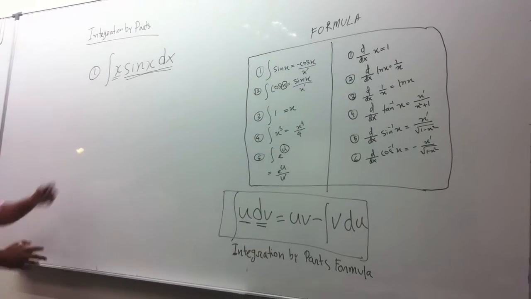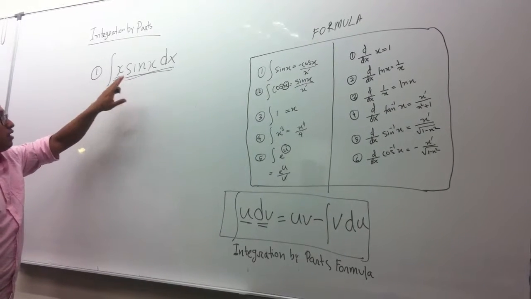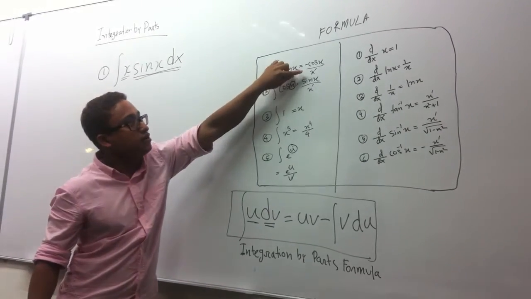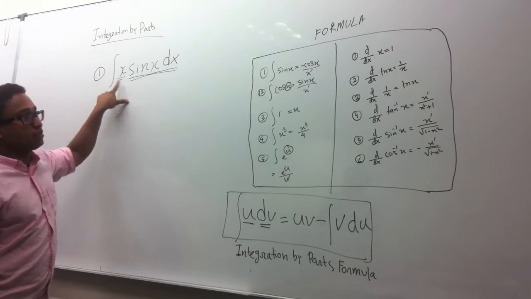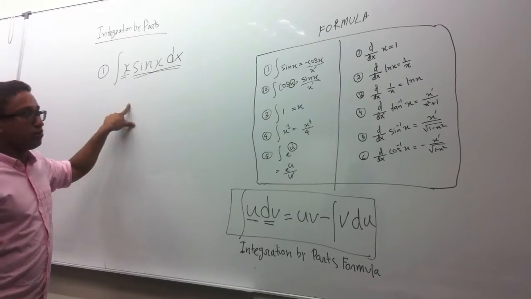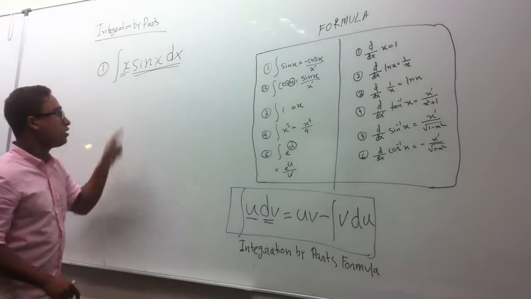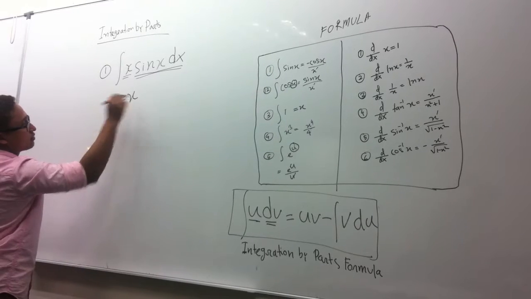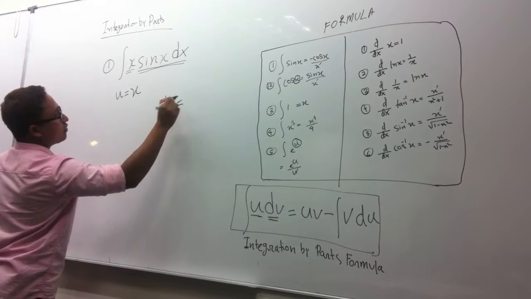Okay, let's solve. Which one is easy to differentiate? As we can see, differentiation of sin x is cos x, and differentiation of x is only 1. So we'll take x as our u. Let's say u is x and dv is our